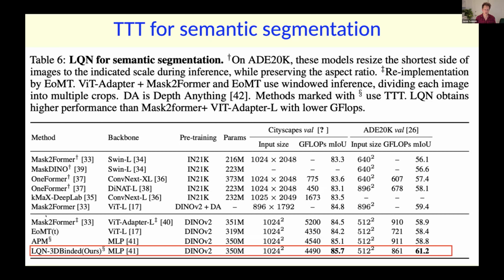Okay. And then this 4490, this is the total GFLOPs. Does this include the forward pass through the teacher model and then the multiple iterations of the student model? Yes. So when you take EOMT as the teacher, the first forward pass is 4350 GFLOPs, and then you run the student optimization for 19 iterations. Since it's a three-layered MLP, each iteration consumes around 10 GFLOPs, or 10 or 15, I don't remember.